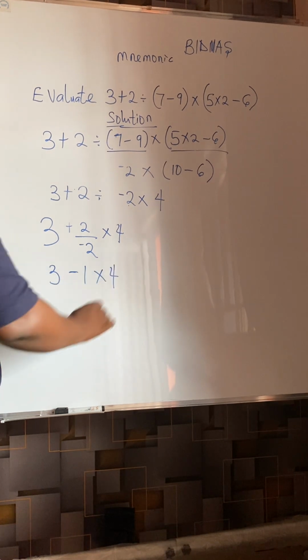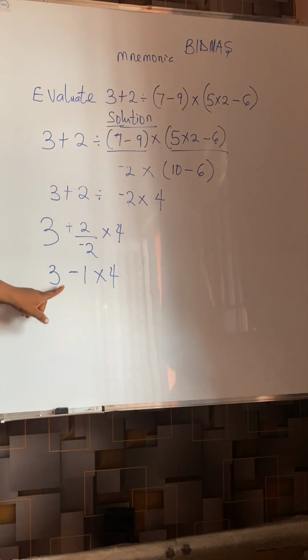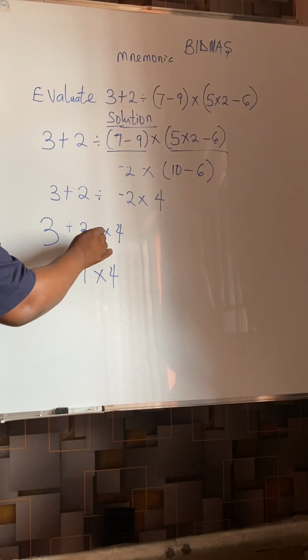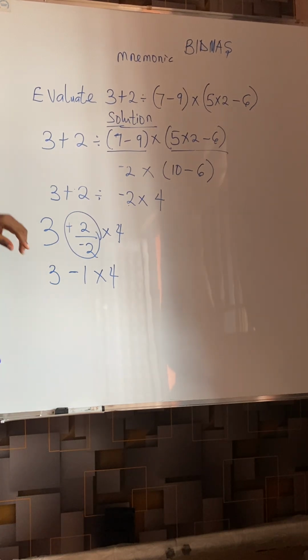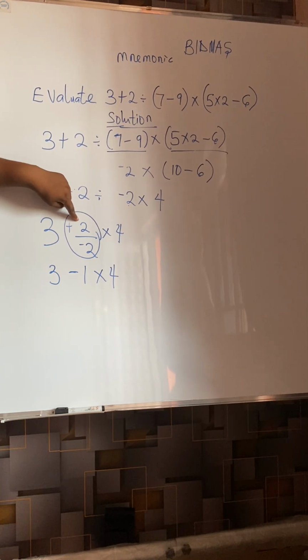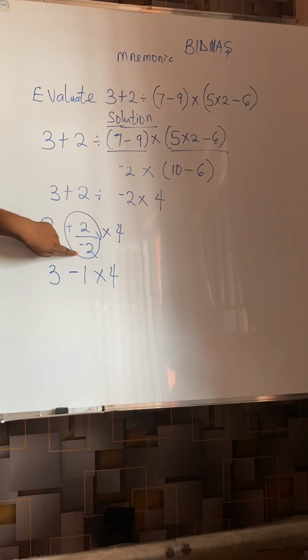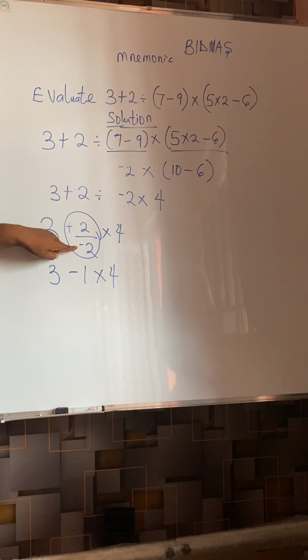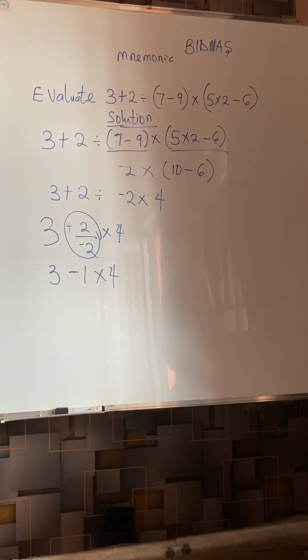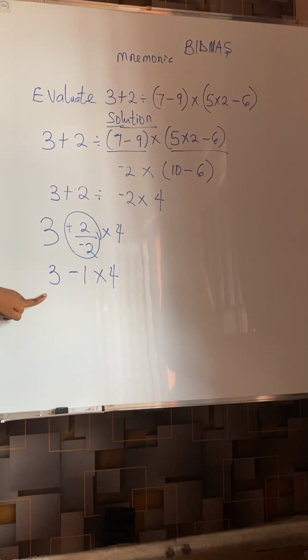times 4. Minus 1, everything here is minus 1. How? Good. This is positive 2 divided by minus 2, and because of this negative sign, we're going to arrive at a negative number. 2 divided by 2 ordinarily is 1, but because this is minus 2, then we are having a minus 1. So if everything here is minus 1, remember I have this, so that this is now 3